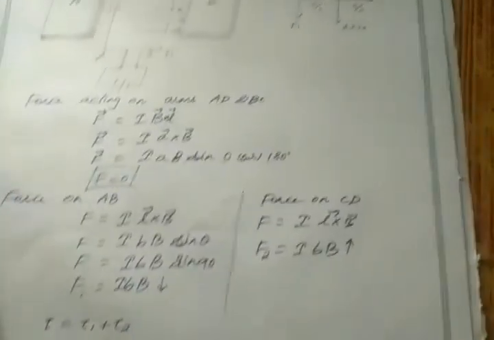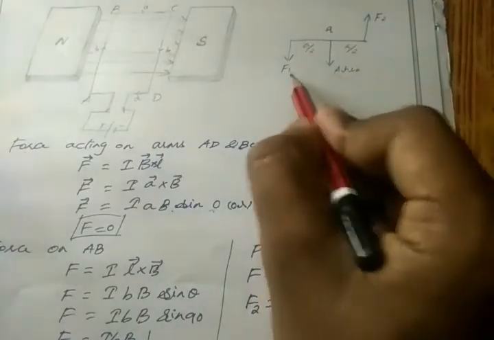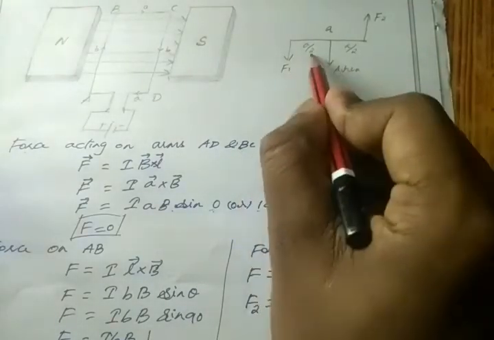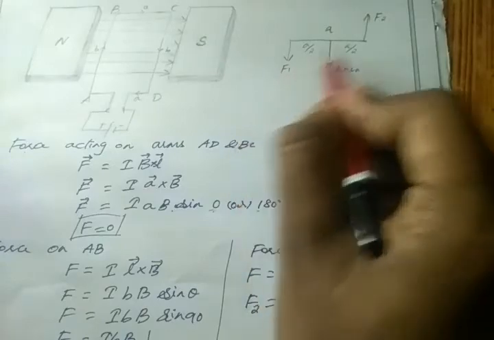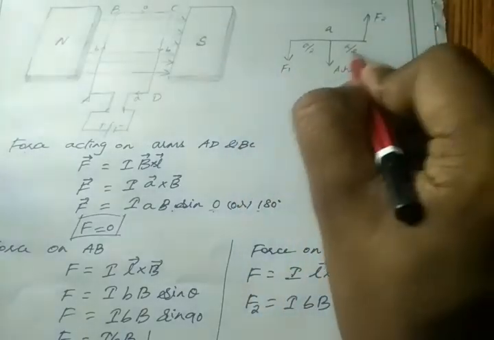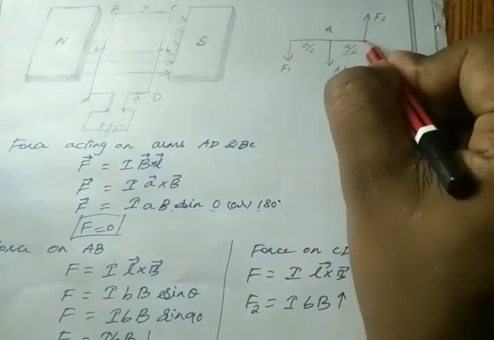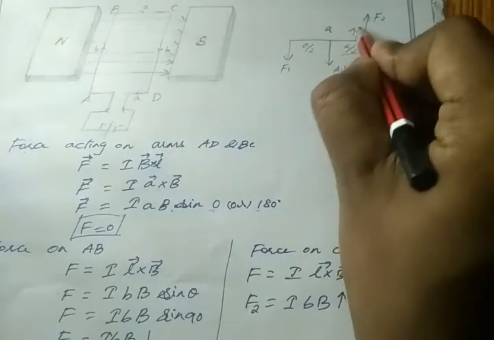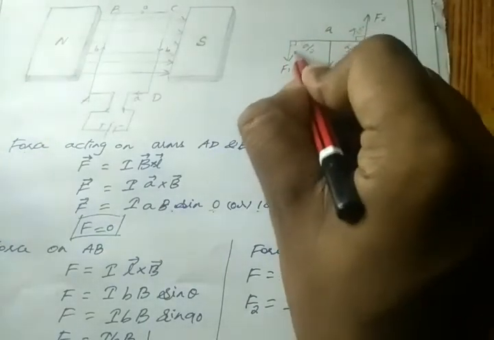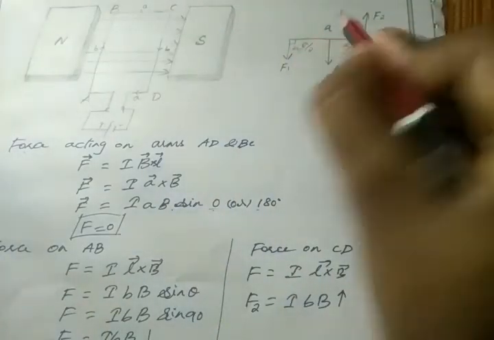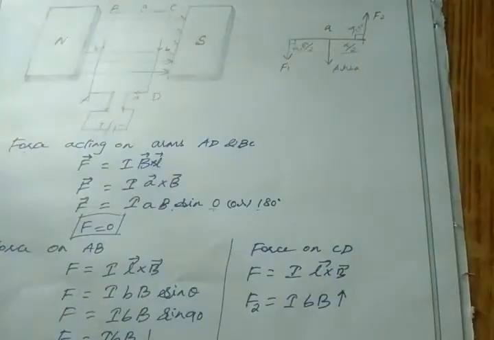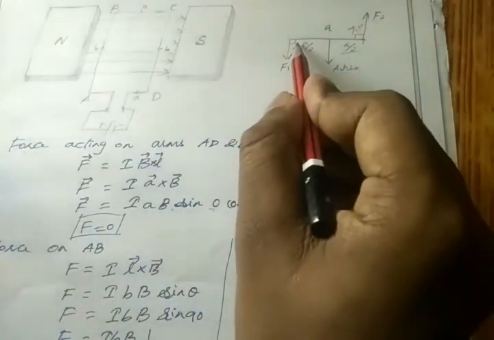So here this is our force and this is the perpendicular distance, for torque 1. For torque 2, force into perpendicular distance. This is 90 degrees, and this is 90 degrees. So perpendicular distance means the force acting and the distance to the center both create an angle of 90 degrees.